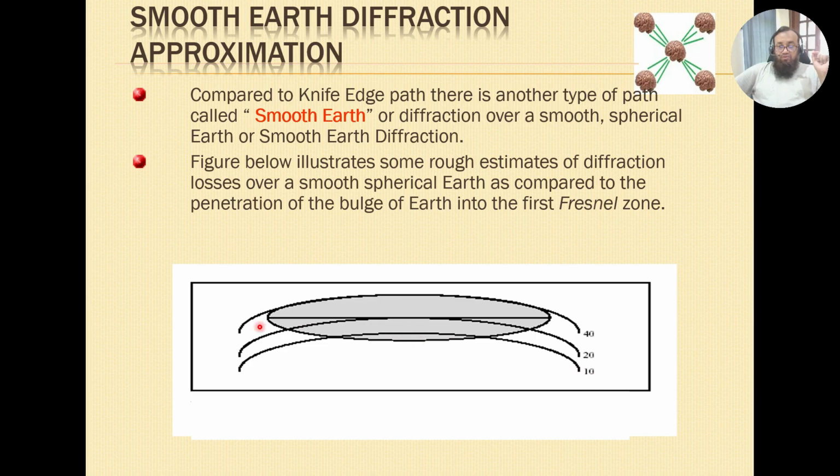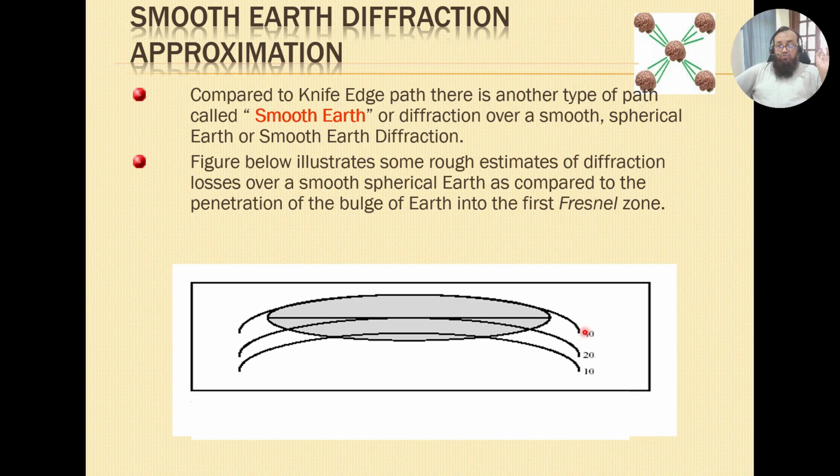But for example, if your link's Fresnel zone is passing through and almost half of the Fresnel zone is getting blocked, you can have up to 20 dB of diffraction loss. So we can say that the flat earth is more critical for a link than knife edges. Even if there is more than one knife edge, they may have less impact than a flat earth which is stopping half of your